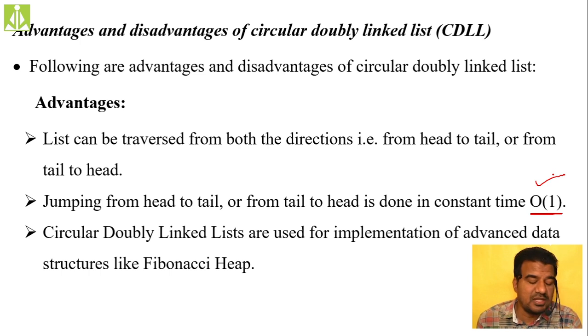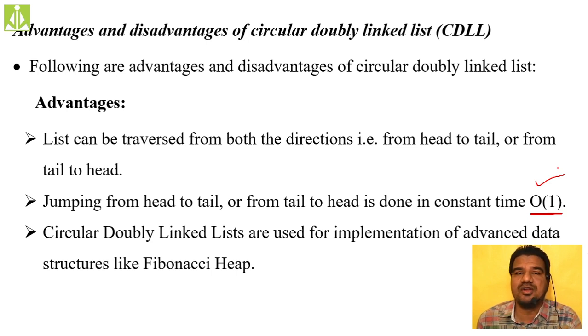Whenever you are performing functions like adding a node at the end or at the beginning, searching, sorting, whatever operations, we need a pointer at the last node, the tail node. Traversing a temporary pointer to the tail node in regular cases has time complexity order of n, because we have to run a loop before it reaches the last node. But over here, we have direct connections between the head node and the tail node in both directions, forward as well as reverse, so there is no need to traverse through all the nodes.